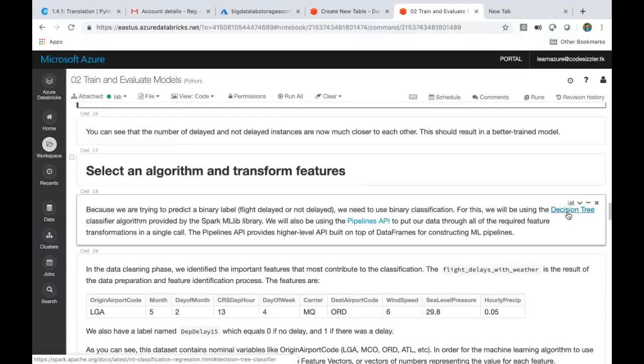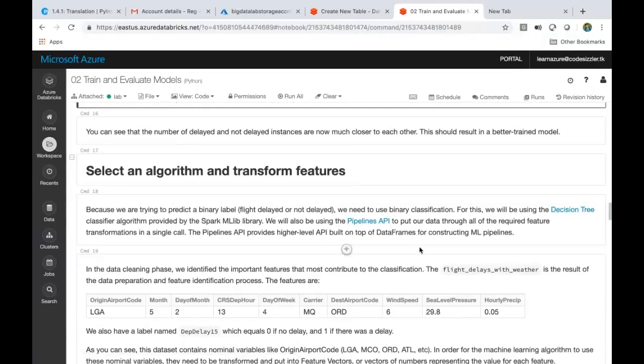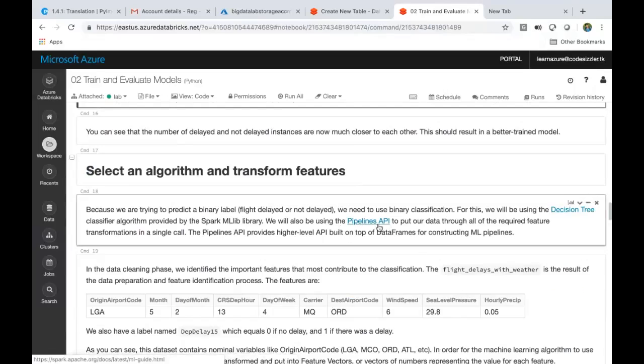Okay. Other point is the pipelines API. As I mentioned, this is nothing but streamlining your process. Like first do this transformation, then do this, then feature engineering, then execute the sample data, train the records. These are sequential steps happening. So we'll do all these things in pipelines. The two things: we're selecting the algorithm, which is the decision tree, and we are going with the pipeline approach, which is doing sequential steps, called stages.